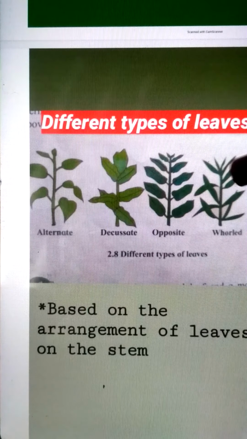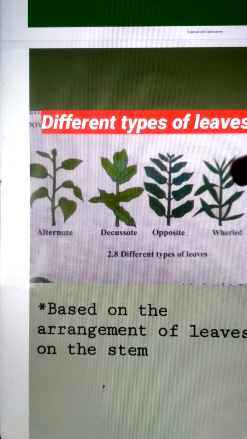For hibiscus, see, these are what? Petals, and this green color structure which looks like leaves. This green color structure is called what? Calyx, and the stalk like structure is called pedicel. See, pedicel. On this, this is a tube like structure. This tube like structure is called what? Filament. Wait, let me show you in this.